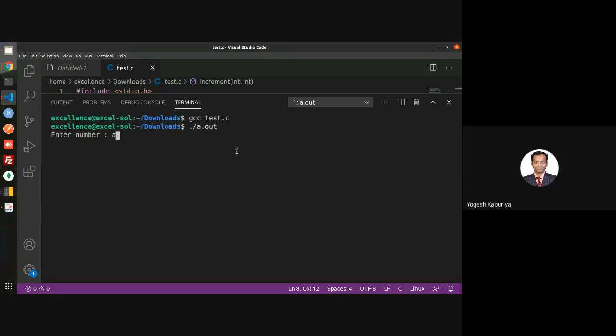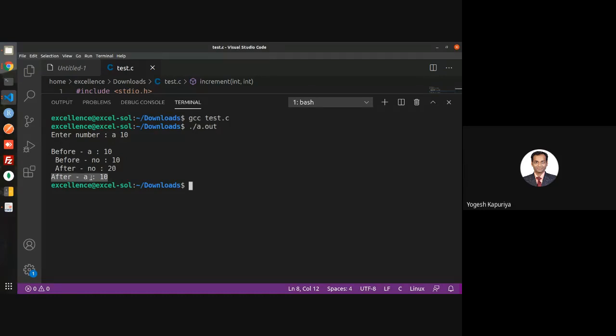So now I'm entering some number, 10. Now you have to observe this. Before executing the call, the value of a was 10. Then the actual parameter in the function, so the value of no becomes 10. So this is before number. After incrementing that number, the value of no has become 20. So that's why it's working fine.